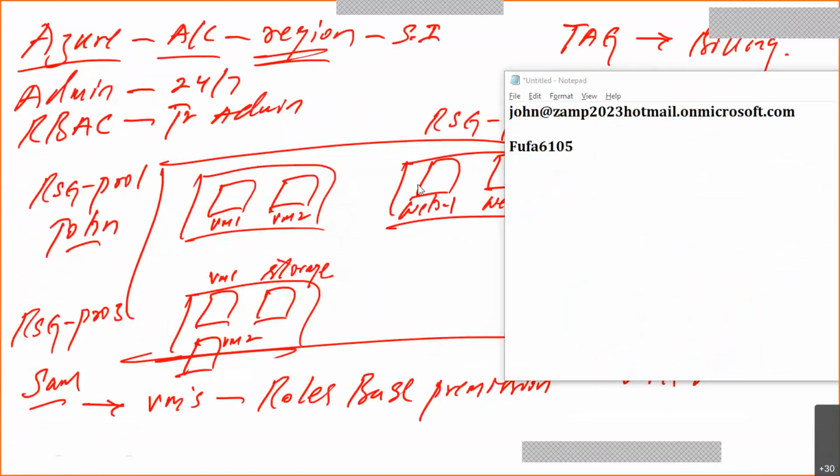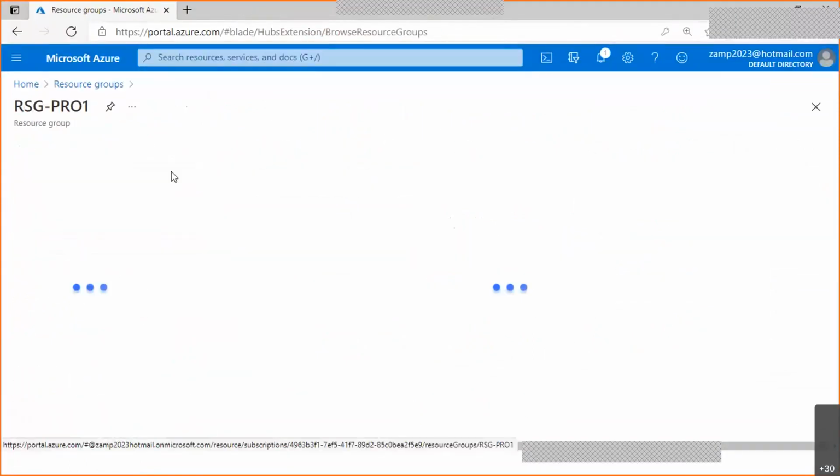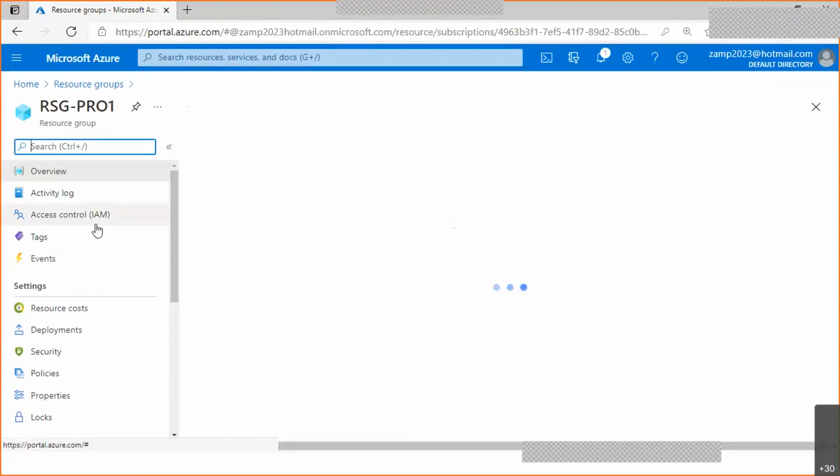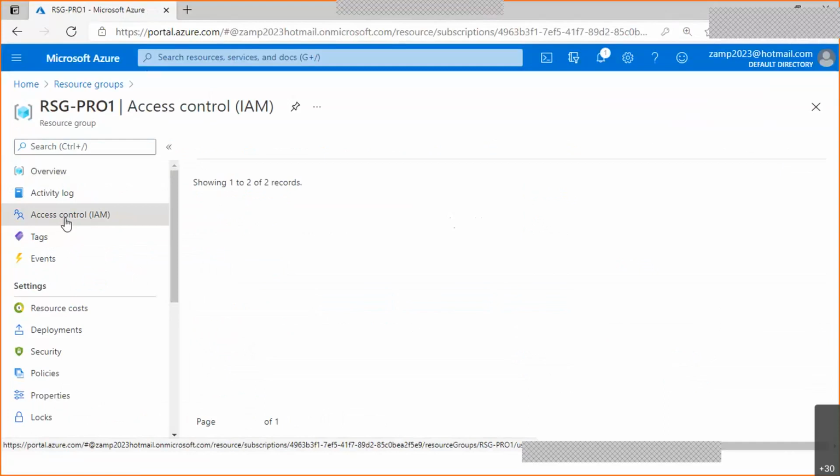So, guys, go to resource group one. You can see here the third option in resource group one, access control, IAM. So guys, IAM we have to use. That is called access control. IAM stands for identity access management. Okay. So click on this IAM, that is called access control. Once you click on access control,